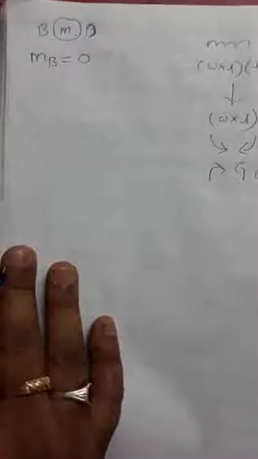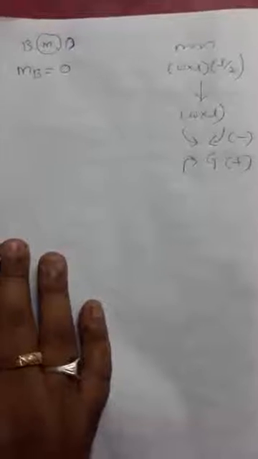The bending moment is denoted by letter M. At B, the first point, the moment is 0. At supports, the moment is 0 for a simply supported beam. These are the boundary conditions: at supports the bending moment is 0, and the bending moment is maximum at the center of the beam. So at support B, the bending moment is 0.